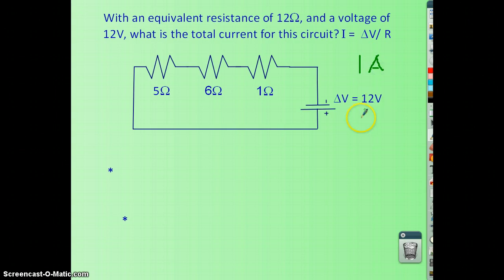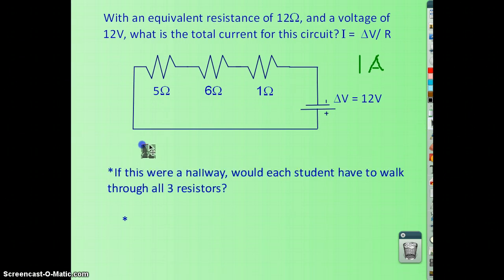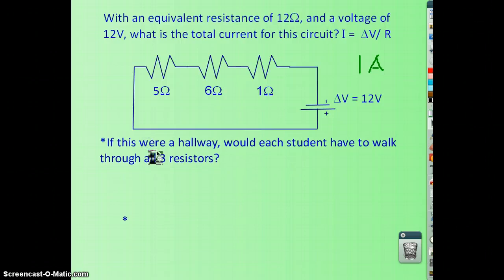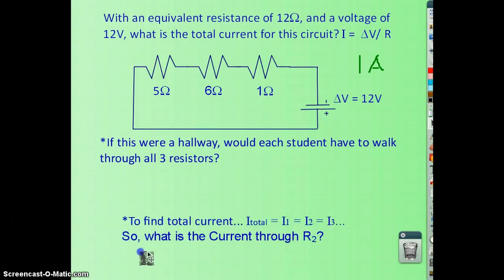So looking now at how this works. If we were to compare our circuit to a hallway in the school, would each student in the class have to walk through all 3 resistors on the way somewhere? So if we were going to the library in school, if there was some sort of resistance in the way, we'd all have to go through it. There's no other choice, which means that the current,